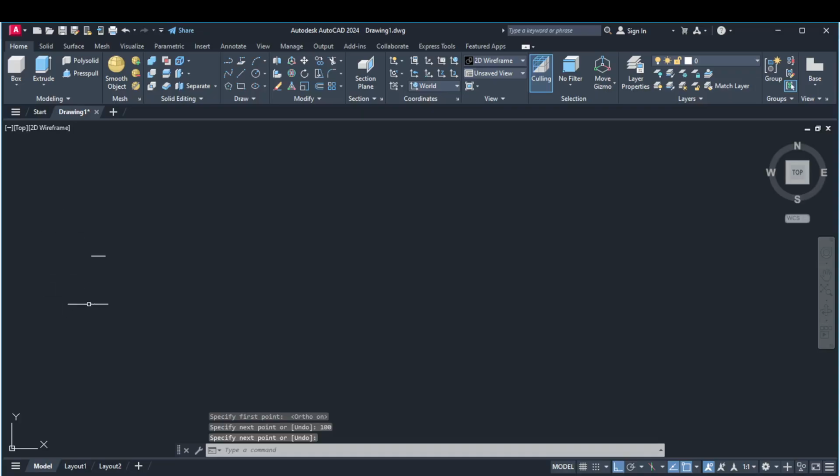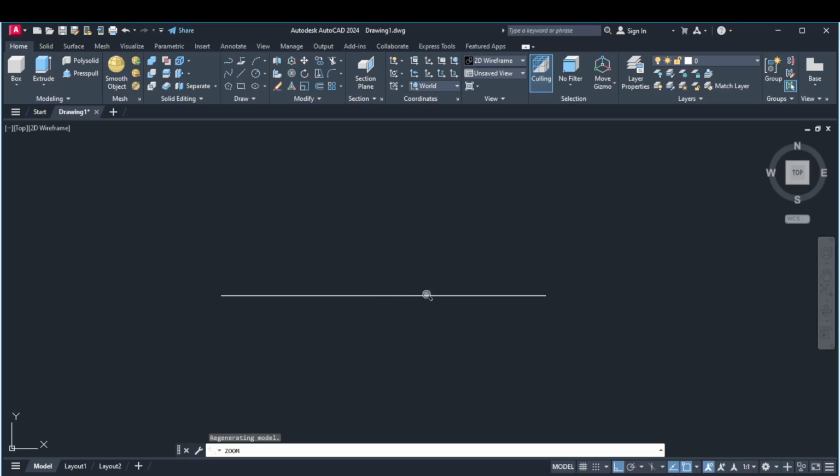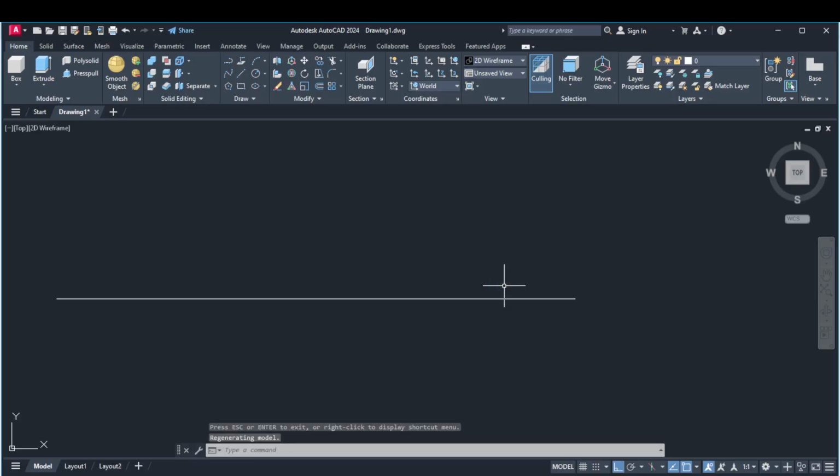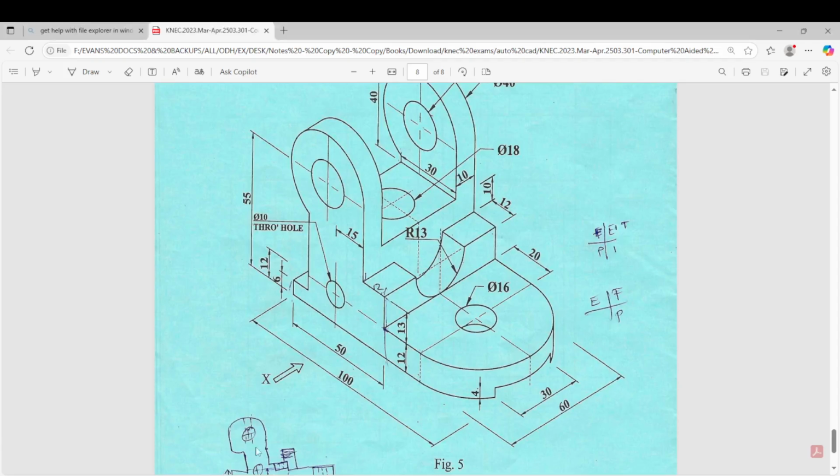So you can see that your drawing is so small. So what you need to do is you zoom. So right click, zoom, right click, zoom extents. So you will be able to see that now your line is much visible. It has been magnified. So we've drawn the first part, which has a length of 100